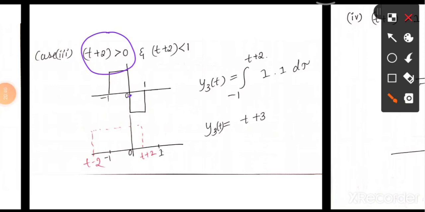Okay, greater than 0 and less than 1. The meaning of this is that you are placing your signal between 0 and 1. You can place it anywhere. I have placed it here, right? Then from where to where will your signal be